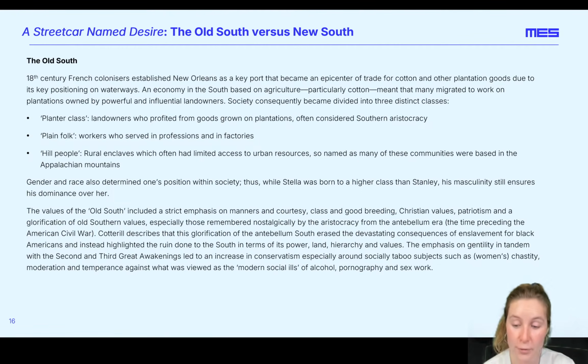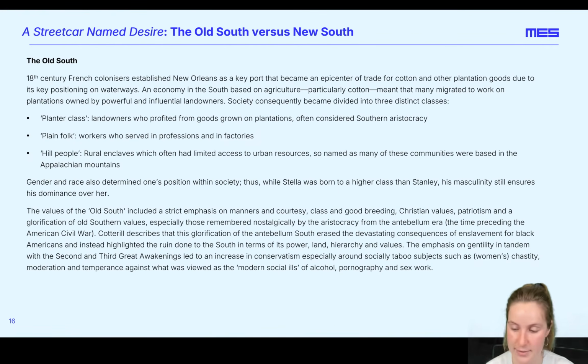Cotterill describes that this glorification of the antebellum South erased the devastating consequences of enslavement for Black Americans and instead highlighted the ruin done to the South in terms of its power, land, hierarchy, and values. And we can see resonances of this still in